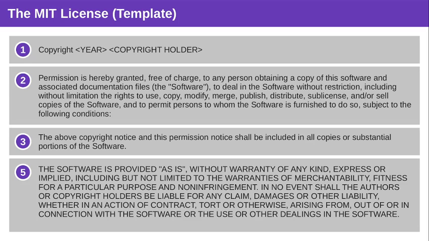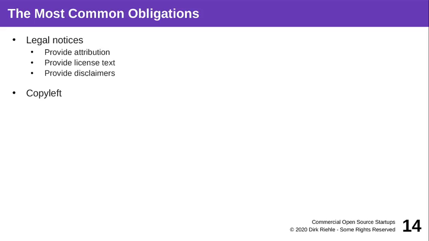This is a legal text created by a lawyer, probably for the MIT, or obviously for MIT, the university. And as such, it's free to use. So the lawyer or MIT said you can freely use this license, so you're allowed to use this license and apply it to your source code. It is actually a template because you have to modify it to become a real license, in this case to fill in the copyright statement. Believe it or not, many people never bother to put down the year and their name as they license out some code. And so you have to infer who the copyright holder is.